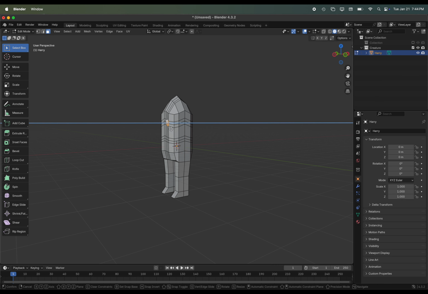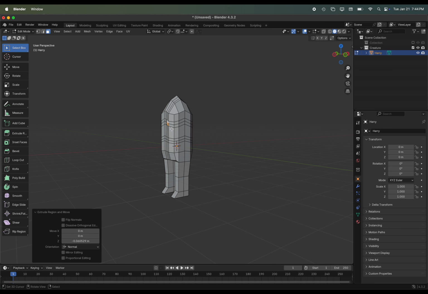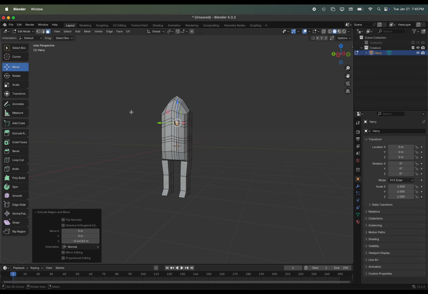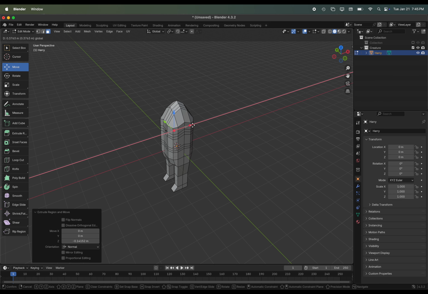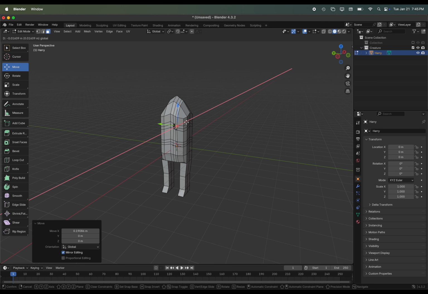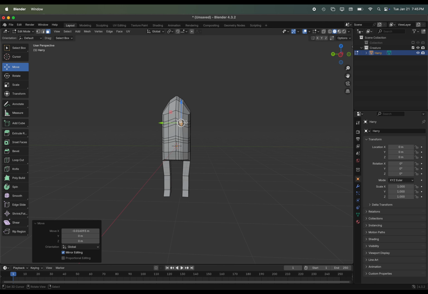I'm going to press E to extrude them inward, and I'm going to do this twice. This way, if I want to have some eyelids later on, I have some geometry to give me a starting point for that. So the first time I'm just extruding a little bit. The second time I'm going to go further back. I do want to be careful not to go too far. I just want to have a little bit of depth there. And if I realize, oh, didn't quite go as far as I want, or maybe I went too far, I can always use the move tool to make some adjustments. But maybe like that. So that's going to be the eye socket. I'll add an actual eye later on.